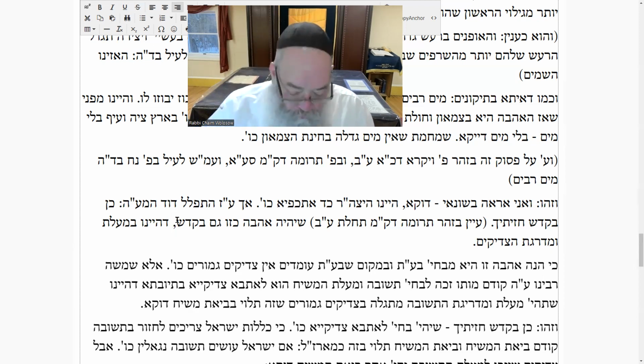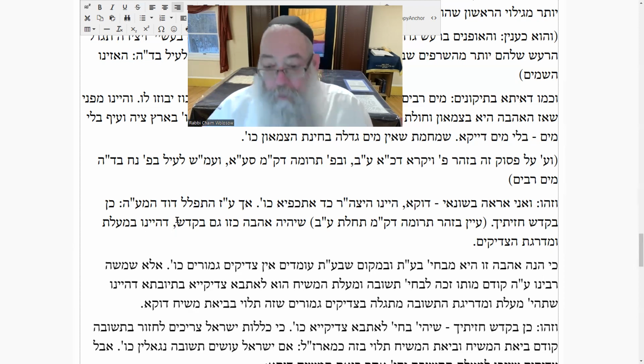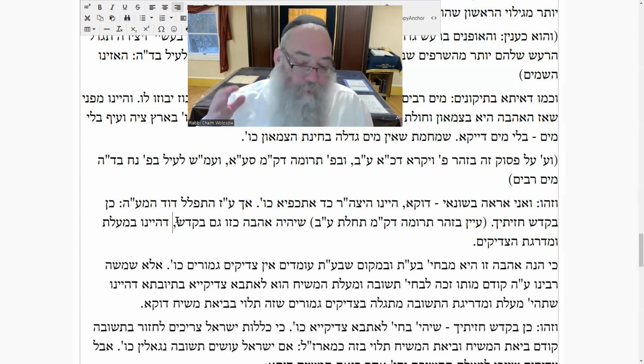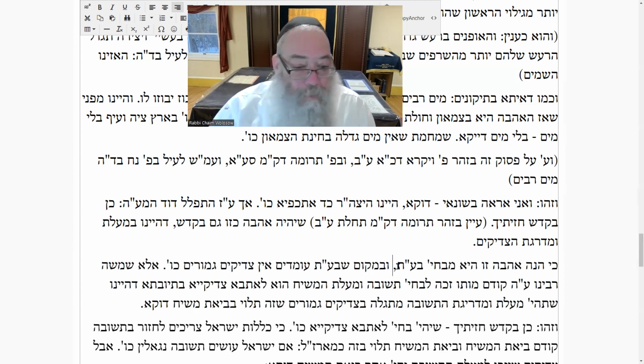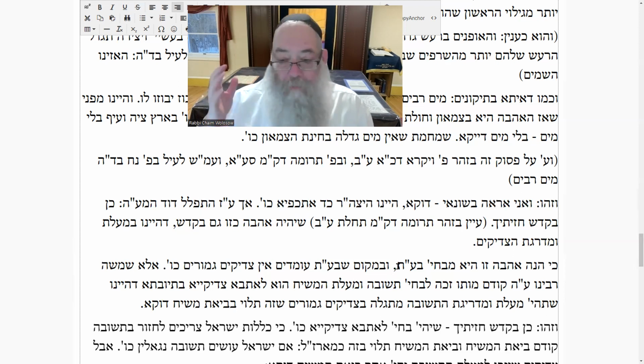This level is from the level of baal tshuva. Ubemokom shebaal tshuva omdim ein tzadikim gemurim omdim. A place where baal tshuva stand, tzadikim can't stand, which means that the level of baal tshuva comes with more force because he's returning. But Moshe